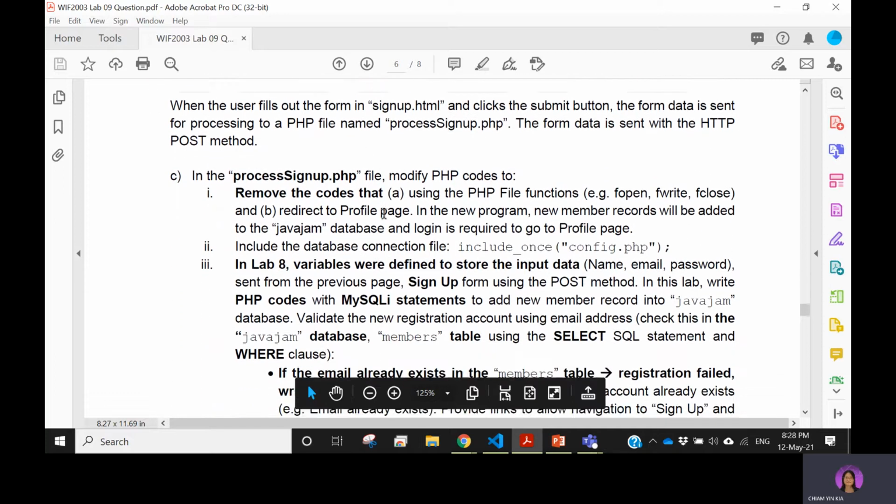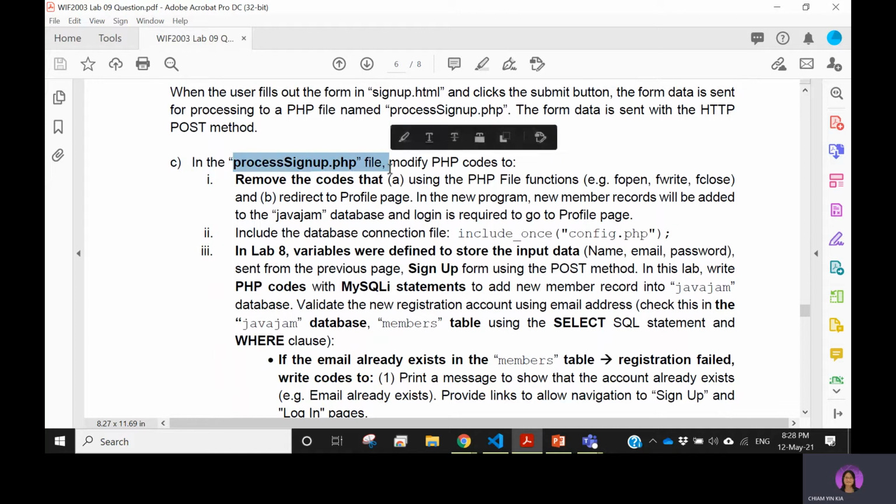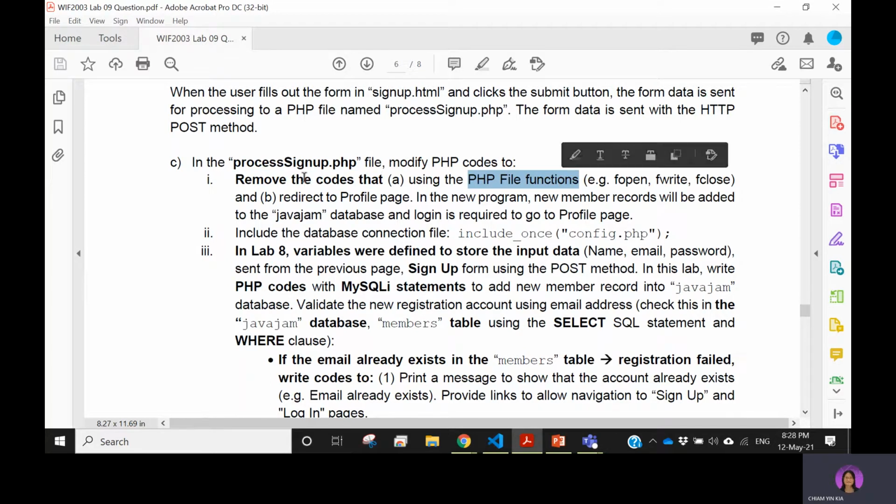For the process sign up page, you need to modify the PHP codes. First thing, you have to remove the codes that you wrote in the previous lab, which is using PHP file functions to store the new member record. And you also need to remove the code that redirects to the profile page,